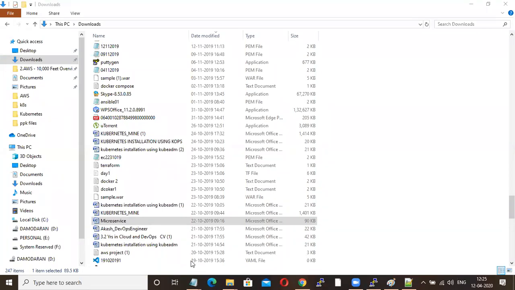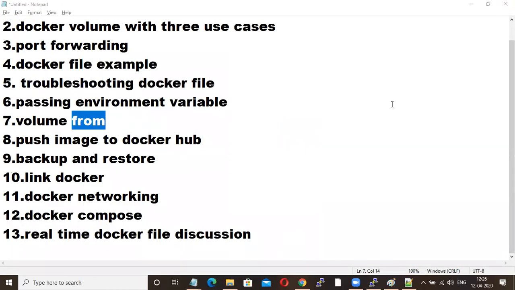See, in very simple terms, mono means single. Suppose all your functionality is in the same file, like your web server functionality, app server functionality, database functionality, all in the same file. That is mono.